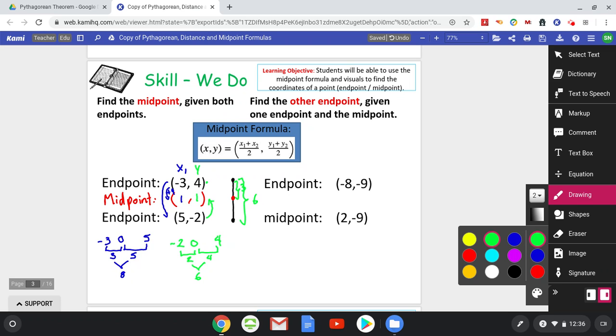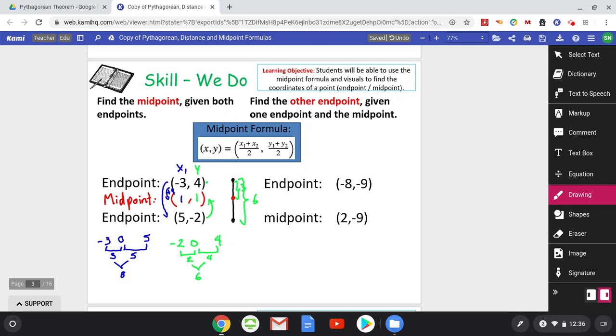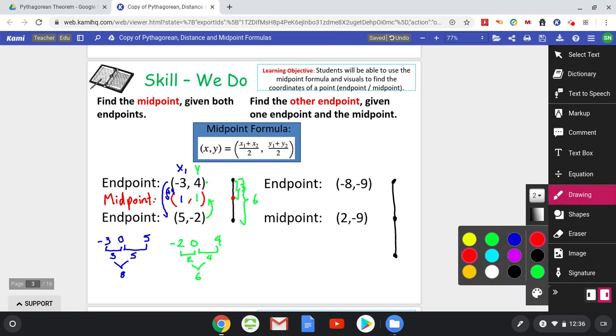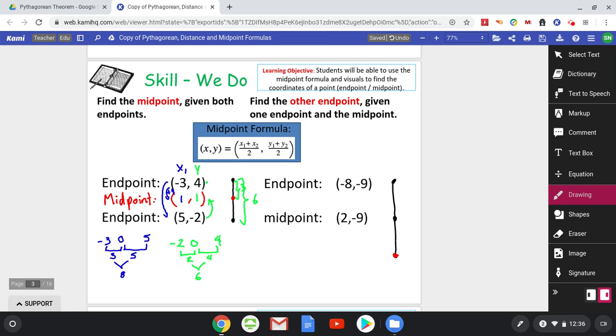Now, if we go to the problem on the right, this is slightly different. We are given one endpoint, we are given the midpoint, and we are trying to figure out the coordinate for the other endpoint, the one in red. Same as before, the distance from the endpoint to the midpoint and midpoint to the other endpoint is the same. So if this is 5, this one would also be 5. We're going to be using that to our advantage. Let's start